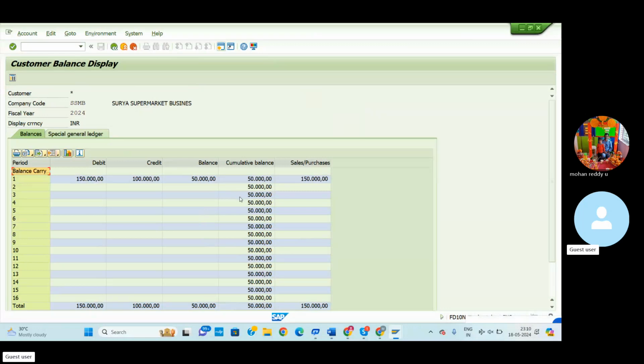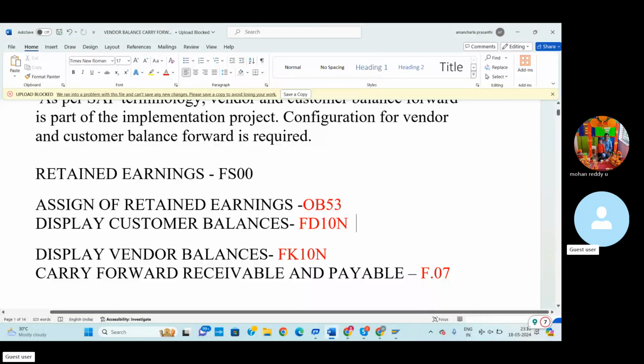So this 50,000 completely comes under the total customers. Individual vendor-wise also, if we can carry forward the balances, then at the time we select the complete customers and vendors, automatically the total vendor and total customer balances also carry forward. Just now we can select the balances purpose, we can open this screen. So here the customer balance is 50,000 total. So before that I can mention 50,000